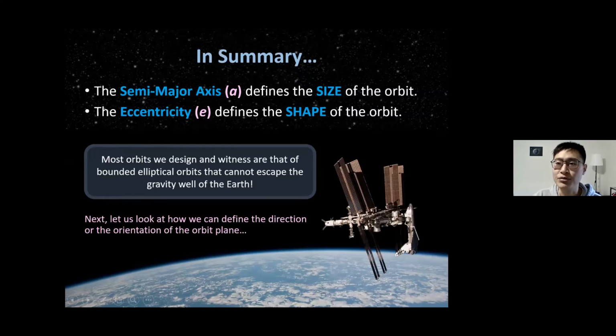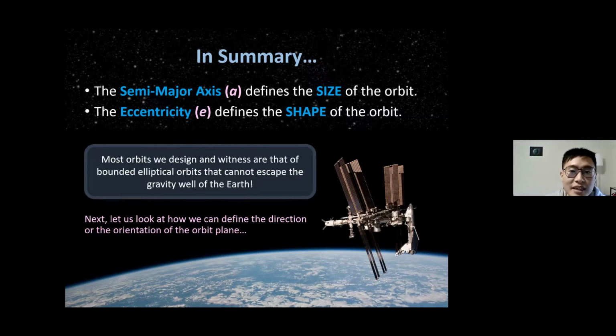In fact, there's a very rigorous proof, which is not trivial. It may seem like two-body physics was solved 200 years ago, but there is a non-trivial proof that shows that Newton's law of gravitation, if you include the conservation of energy into its equation, gives you the equation of motion of a conic section. Again, it may not be a circle, it may not be an ellipse, it could be a parabola too, right? Depending on what the value of the eccentricity E is. Okay, so I'm just going to stop here